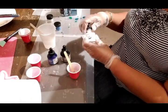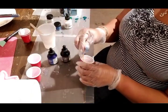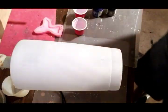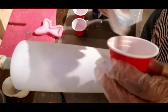I'm going to go ahead and add a couple more drops of white ink because it's not quite as white as I want it to be. It was more iridescent, so I wanted to have a really heavy white appearance. Now that I've gotten that to the place that I want it to be, I'm going to go ahead and